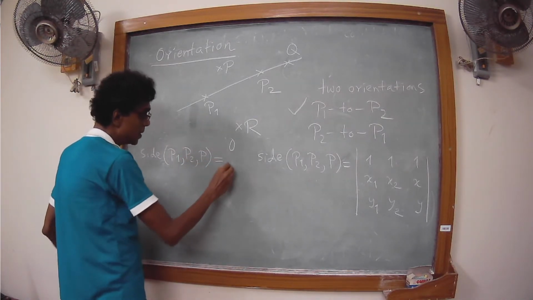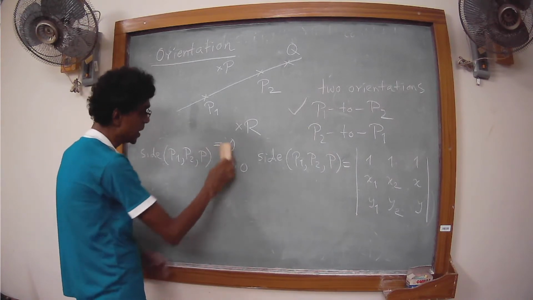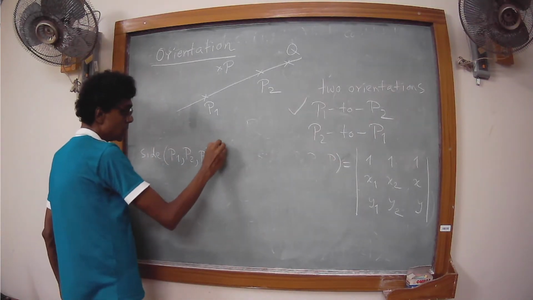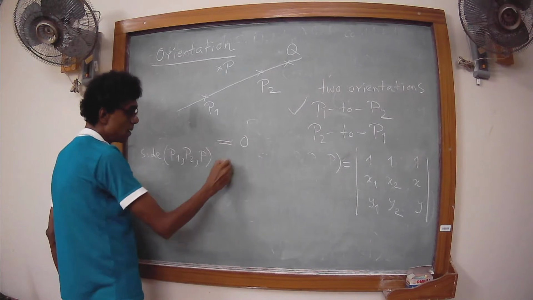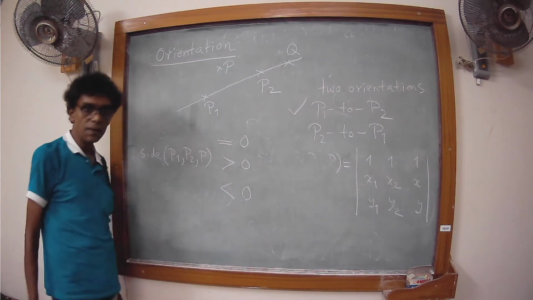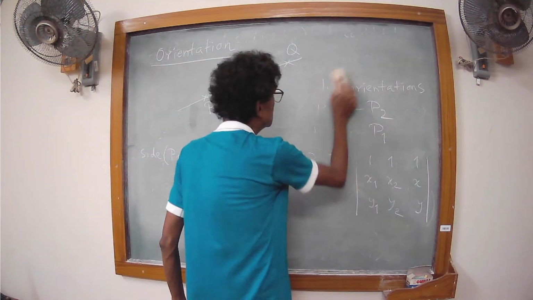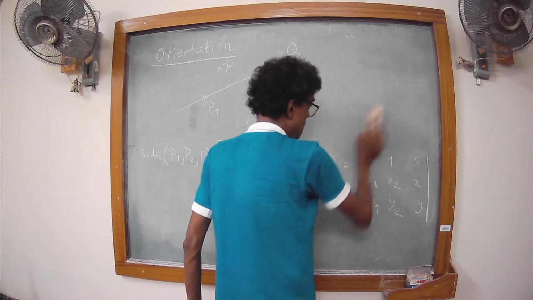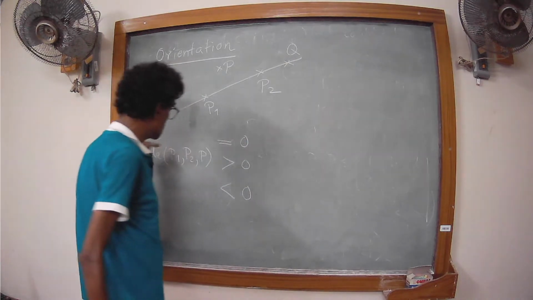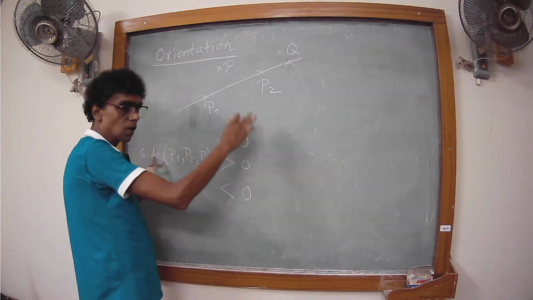Zero, greater than 0, equal to 0. Okay, let me write more plainly. There are 3 cases: equal to 0, greater than 0, and less than 0. So these are 3 possibilities. And what is the relation of the point P with respect to this? This is equal to 0 if and only if